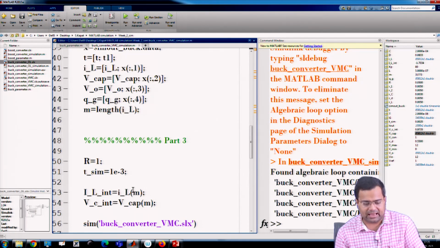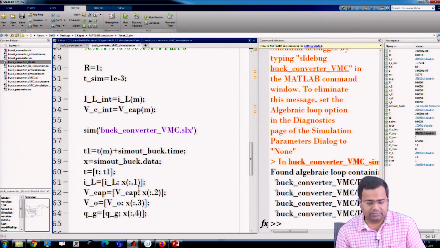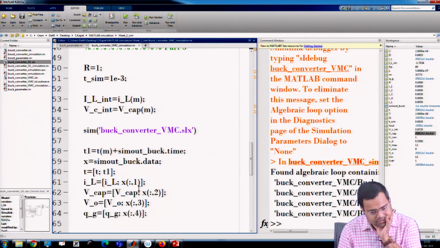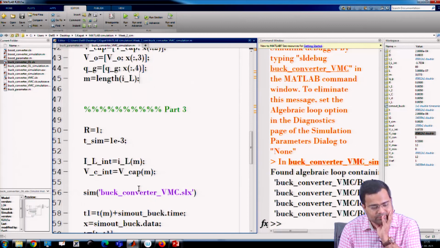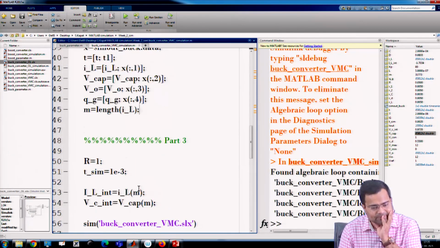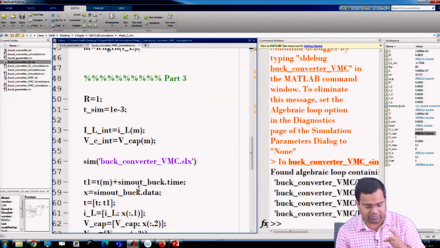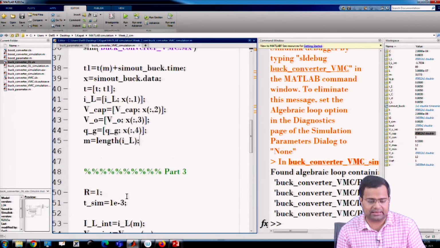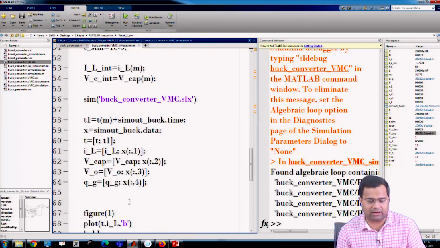It will update all these values, and it will take what was my previous t and accordingly update, and we want to plot after.